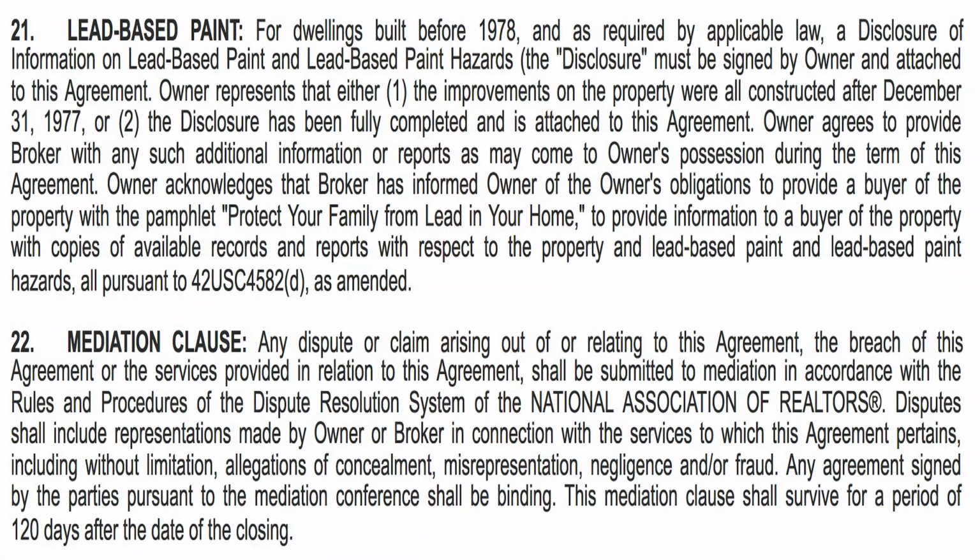I don't care if it says before. If it's built in 1978 or before, I want to see a lead-based paint disclosure, because lead-based paint was still in circulation out there in the market in '78. So for dwellings built before 1978, and as required by applicable law, a disclosure of information on lead-based paint and lead-based paint hazards, the disclosure must be signed by the owner and attached to this agreement, which says it's going